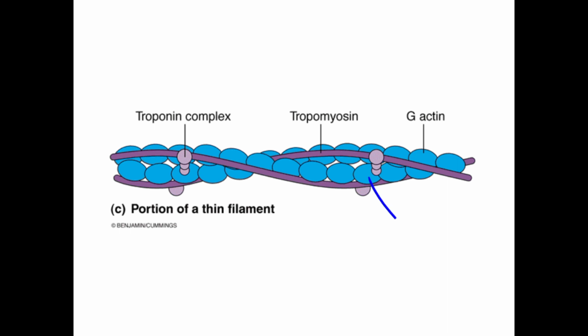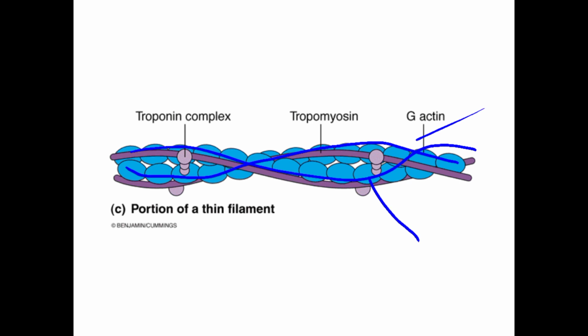This blue one is the actin filament. It is also twisted like this, a double helical structure. The actin filament is made of G actin. On this actin filament, troponin and tropomyosin are present, covering the actin filament, not fully. Around 300 to 400 actin molecules are there, and in that, 40 to 60 tropomyosins are present. Understood? The thin filament.